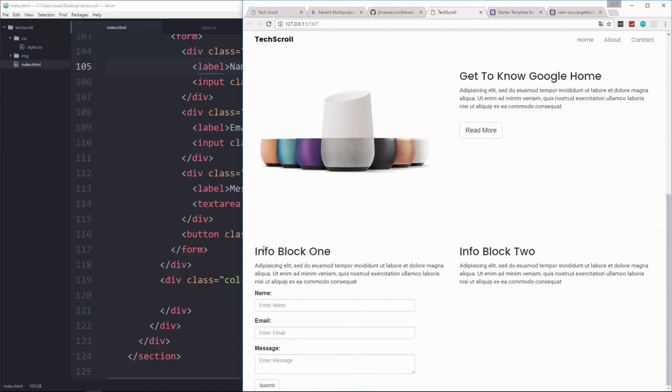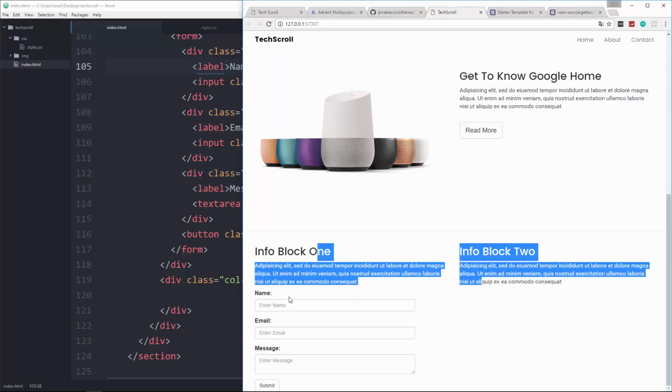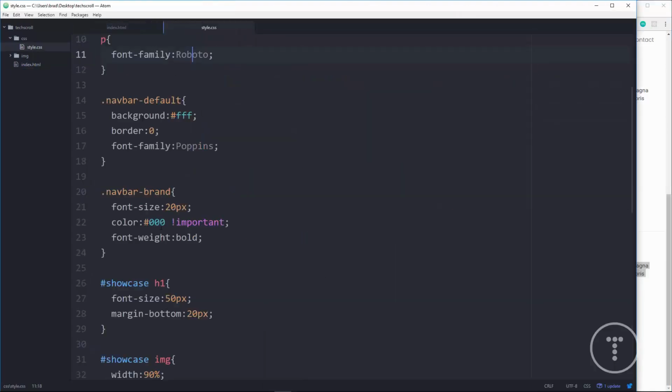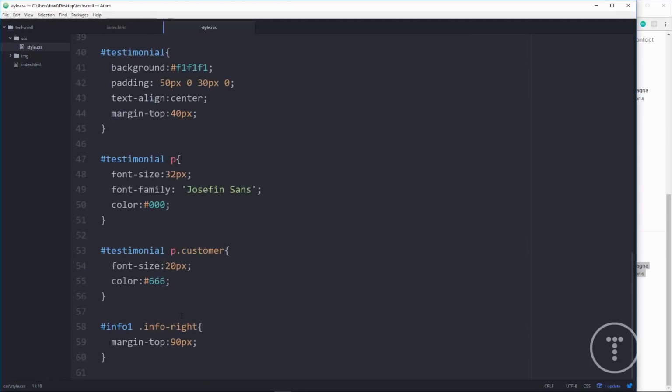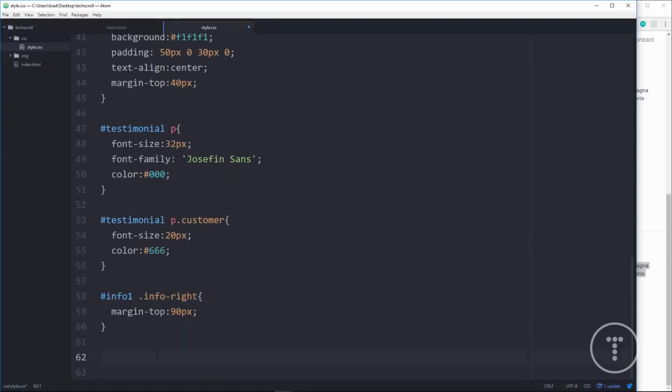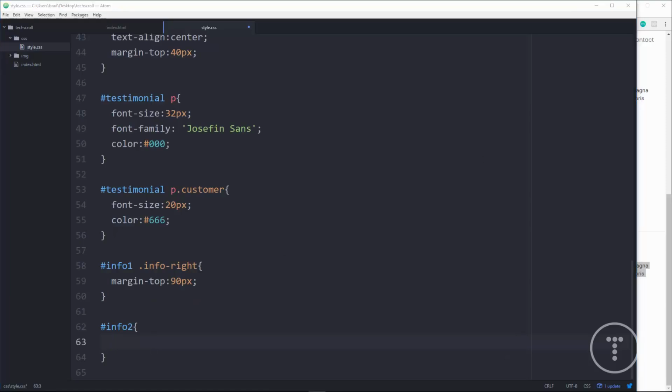So I want the info 2, which is this right here, to have a margin to kind of push this down a little. So let's go back to style, and we'll say info 2, and we're going to add margin. So top 20 pixels, sides will have 0, bottom will have 60 pixels. Okay, and then for contact,